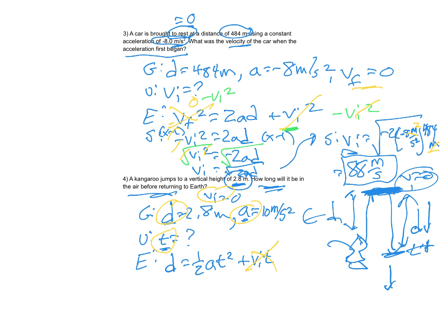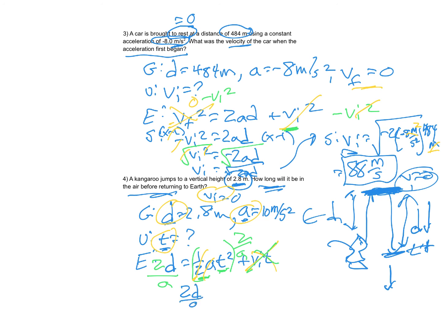Okay. So now I'm going to do it with you. Hopefully you figured it out. So this is already gone, right? So I don't need to worry about that one. But I need to get this T by itself. So I'm going to multiply both sides by 2 and divide both sides by A. So 2 over A, because that gets rid of this and gets rid of this, right? So now I end up with